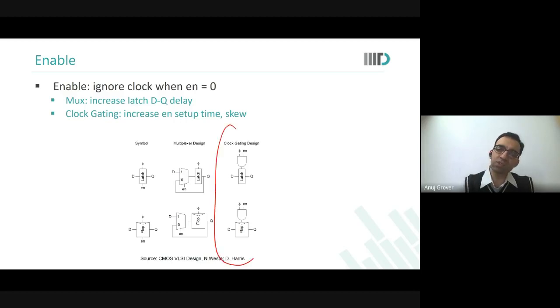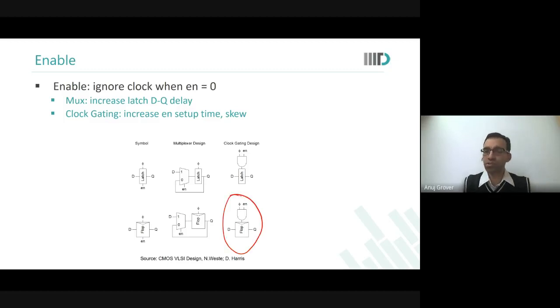Typically this is what you will do, but in interviews someone may ask you, okay, I give you a latch, I want you to make it enable, and you can use any other gate, multiplexer or anything. They can specifically tell you how will you use a multiplexer to control the enable pin of a latch. So that is how you have to design. Typically clock gating design is what is used, because this is lesser area. To design a mux will take more number of gates.